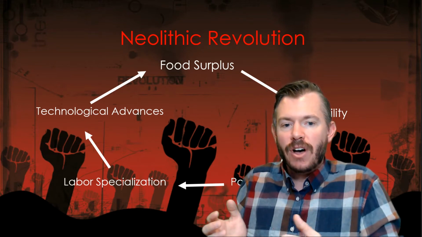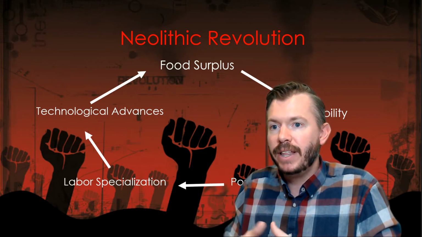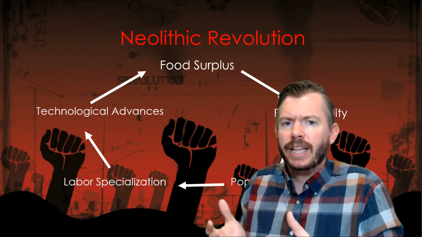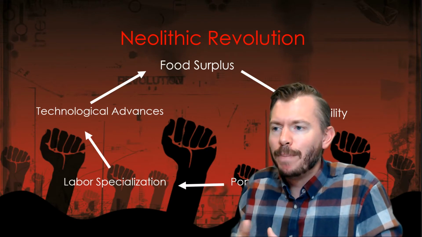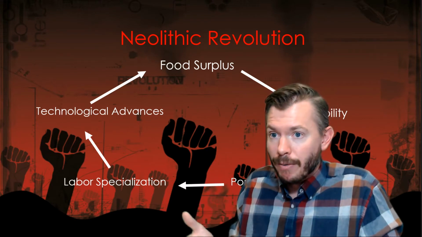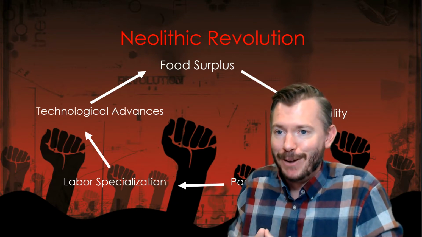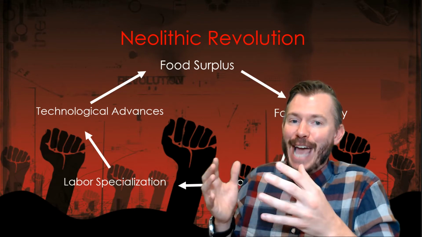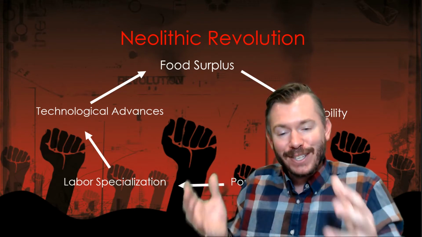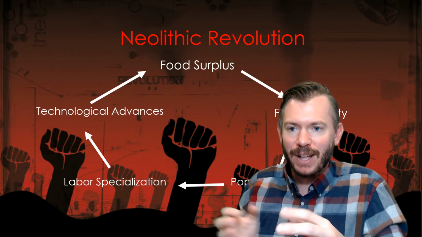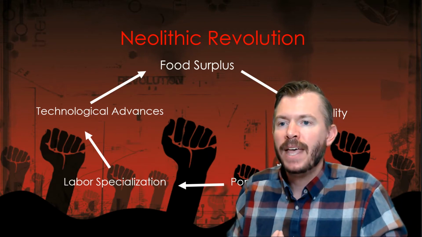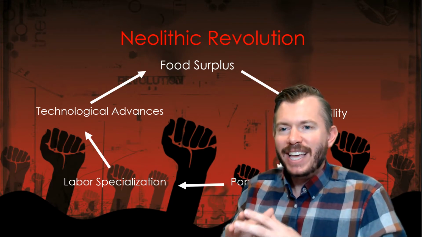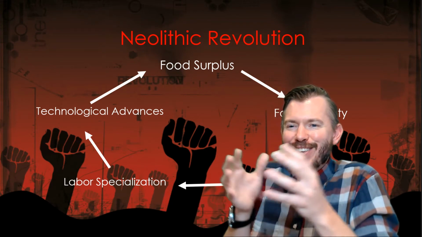And as a result of both the surplus and the stability, what we end up getting is an increase in population, right? People are able to feed more people because they're not wandering around all the time. They're able to spend more time doing things like mating with other people and producing babies. Those babies actually have something to eat. So things are going well so far. There's a surplus, there's stability, there's more people. And as a result of having more people, what we end up getting is specialization, right? And this is a hugely important thing.